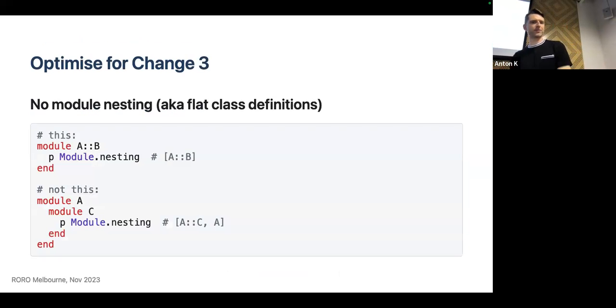And also, optimizing for change, one thing which also helped is, I'm trying to figure out what's a good name for it, but it's no model nesting. So pretty much flat class definitions. For example, the first example is all flat, right? The second one you can do a nested version. It's almost the same functionality-wise, but I found the second approach, the bottom approach,